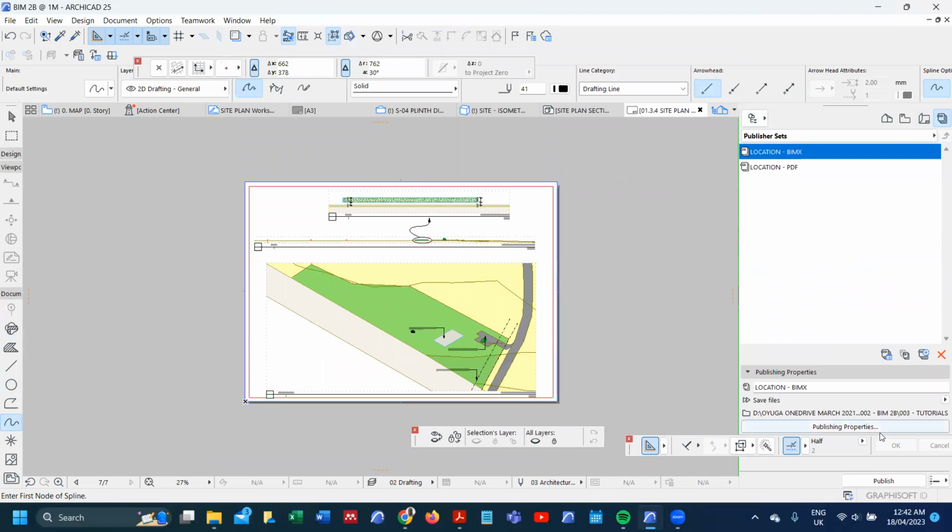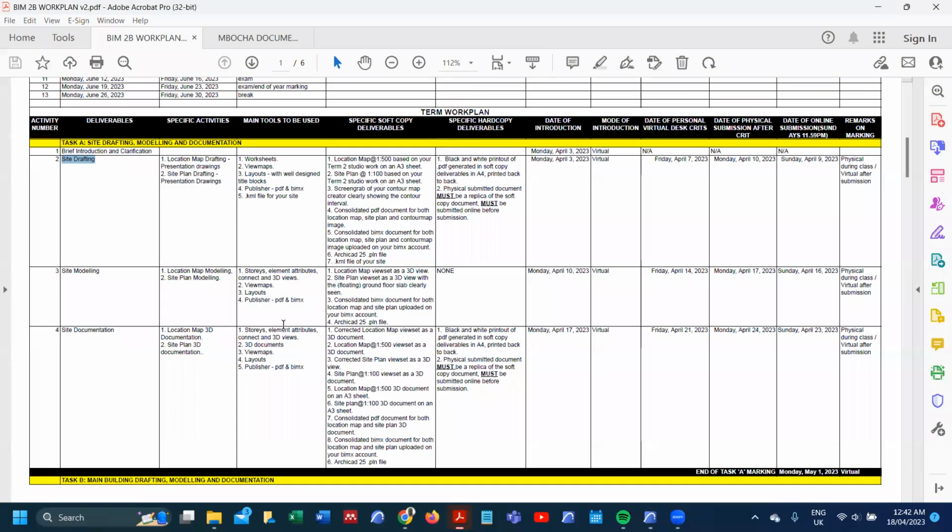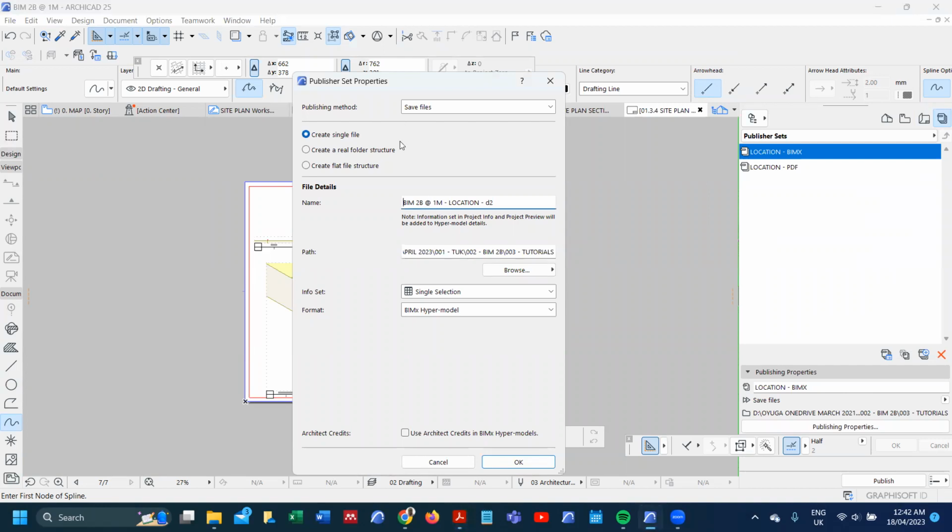I want to publish both of them, but remember again, you must always adjust your settings. I have a friend who told me that you could not get the location. You must be able to remember yourself the location where you have saved it. And then for me, I will call it, remember that at this level, by the way, we have finished that. So I can call it even task A, site drafting, modeling, and documentation. So at this level, I can comfortably call my. Commas are not allowed. Okay. So if I say okay,